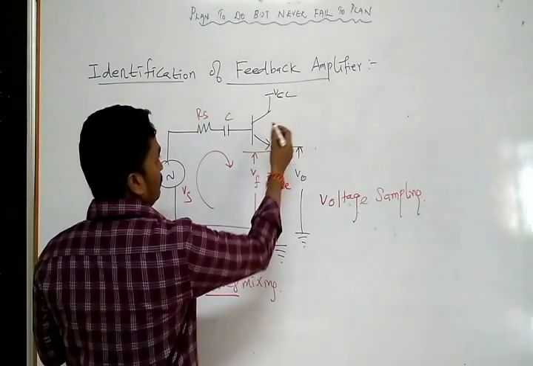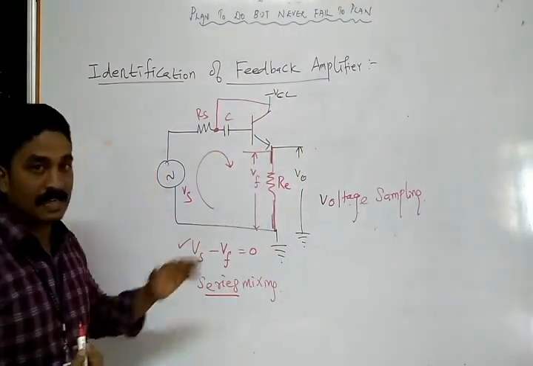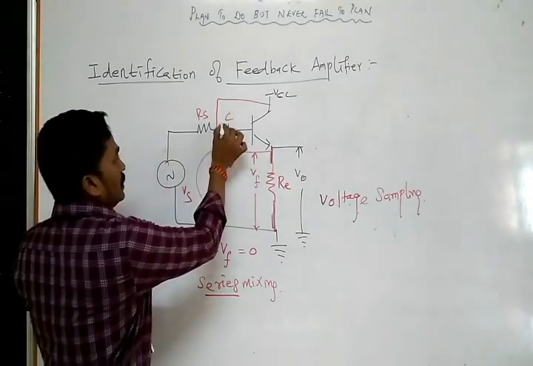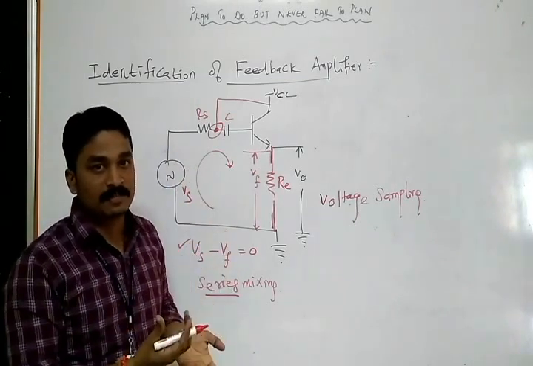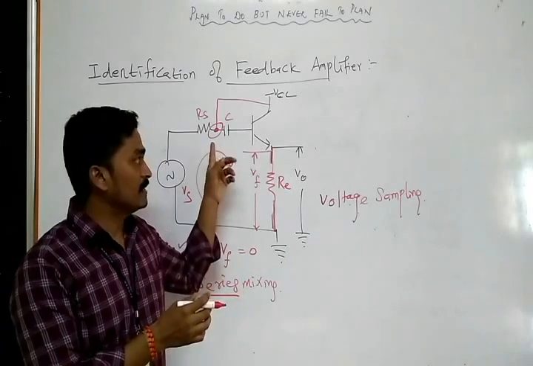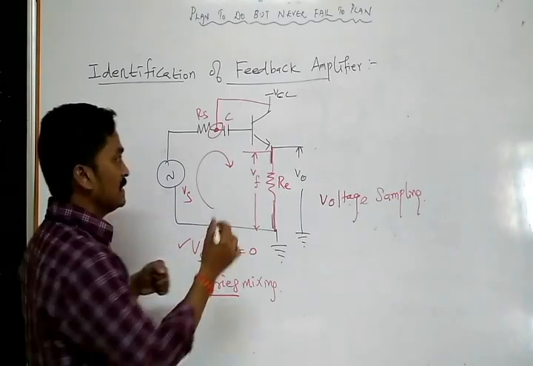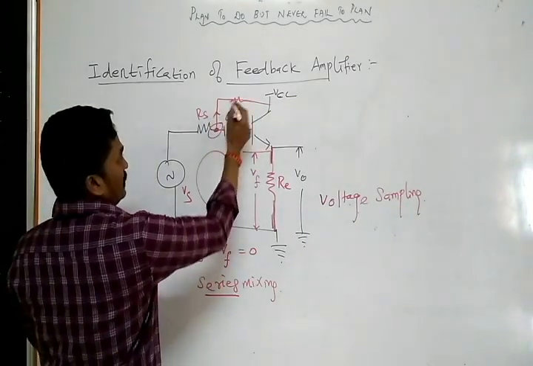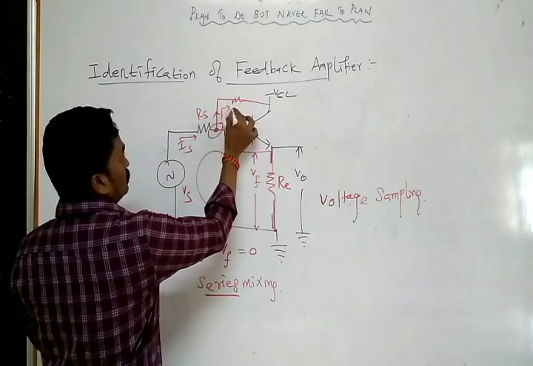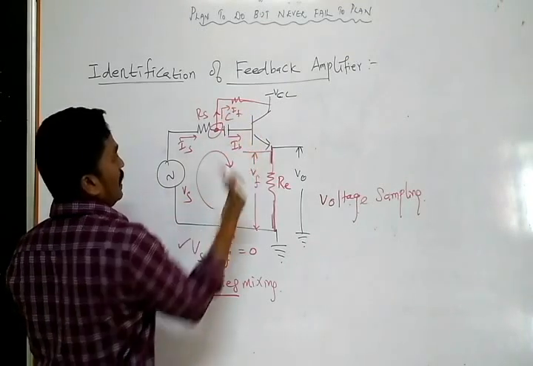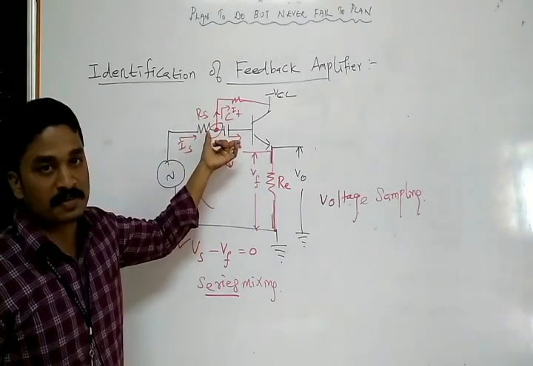If suppose I take feedback somewhere and it is connected over here, for example, and this is a shunt connection or parallel connection. In a parallel network, voltage drops are the same and current values are different, which means we cannot apply KVL there, because all the voltage drops are the same across the parallel network. So we have to apply only KCL. In that case, this feedback is subtracted as a current, because IS is the input current. One current goes to IF, another to IB, which means this network is a parallel network or shunt connection. So this type of mixing is called shunt mixing.